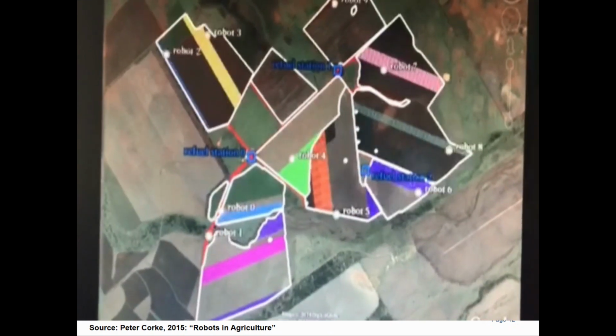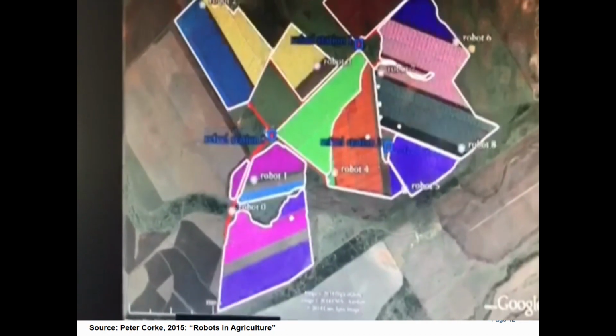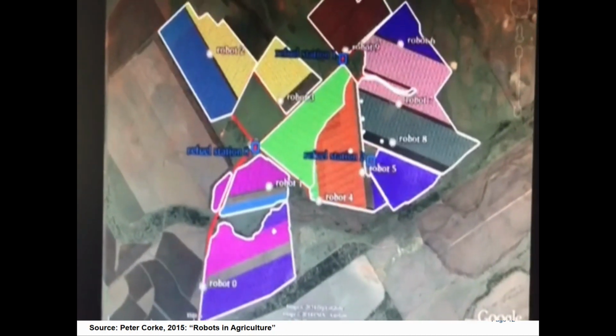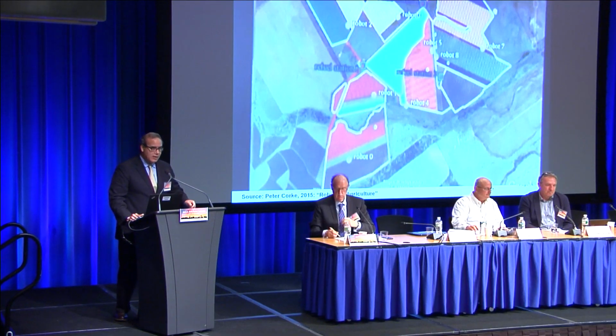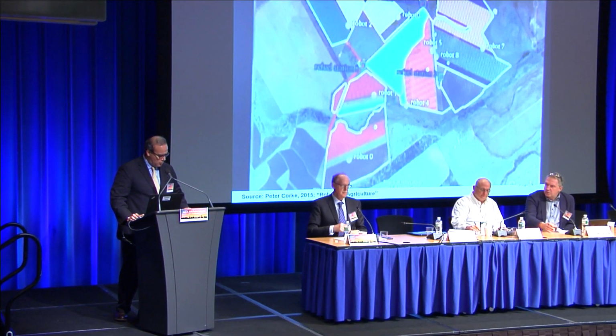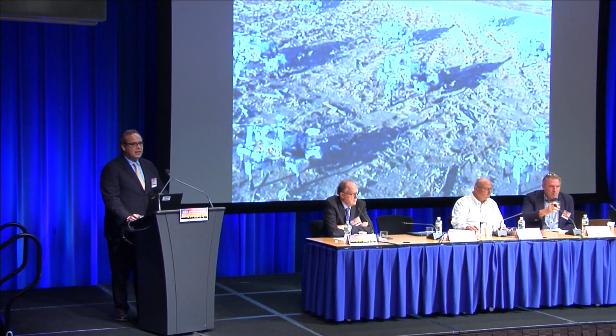And the economic case of these robots is pretty good. It's $10,000 each of them. And they can move basically at a quarter of the velocity of the bigger tractor, and they can cover a significant area of space. The issue is how we afford the cost and how we eliminate the budget constraint, and that's where new ideas, like for example the idea of the Uber tractor, or innovative ideas which will allow us to share this type of technologies, will allow us to basically use this type of robots.